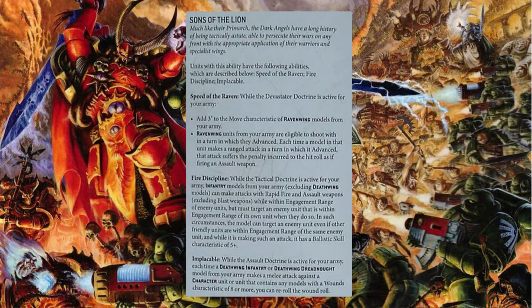It really does go well with the idea of the Deathwing going after those really high priority key targets and characters that may know some information about the Fallen. I just think the whole Sons of the Lion ability fits together so well. And although there are ways to move back or shift doctrines in both the Marine decks and in this supplement, which is very welcome, if your Terminators, for example, want to charge a Land Raider on turn 2, but the